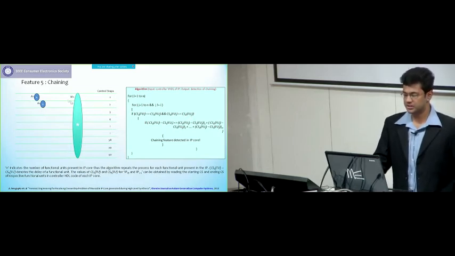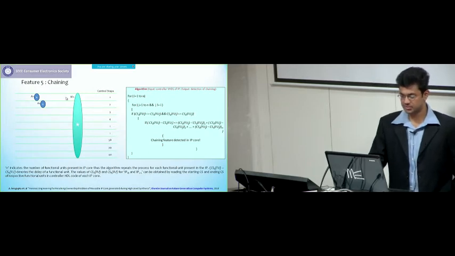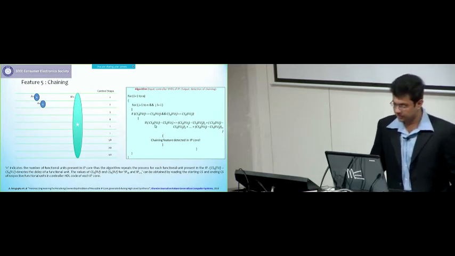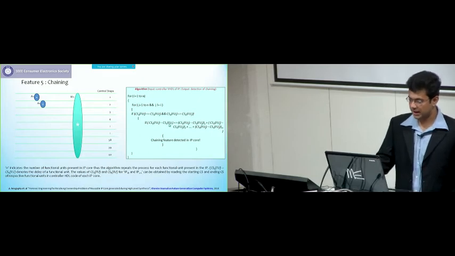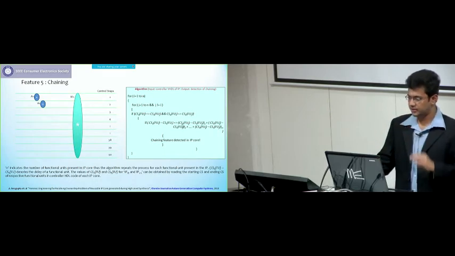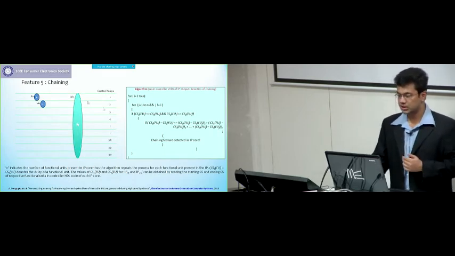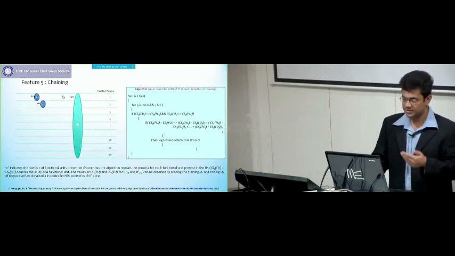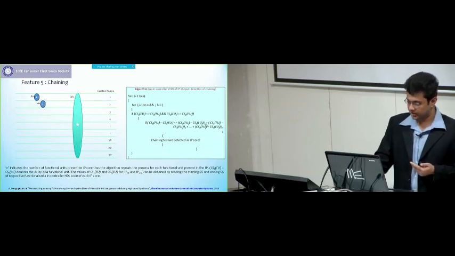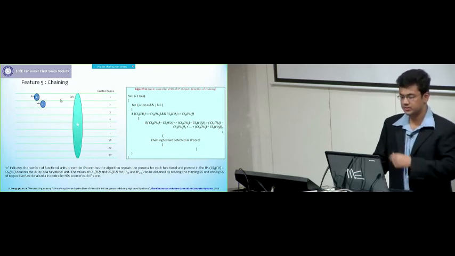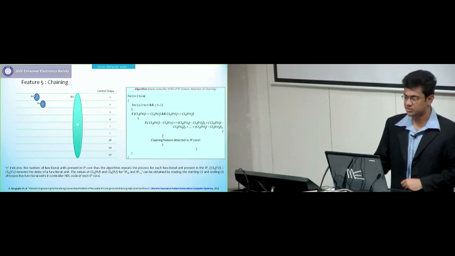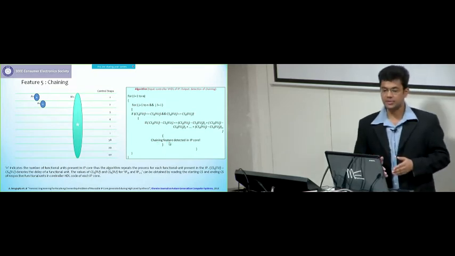So this part of the condition is satisfied with this example, followed by the check: the end control step of FUi minus the start control step of FUi, which is the total duration we are talking about here, which is 40, should be greater than or equal to the individual time durations of the operations, which is the end control step of FUj minus the start control step of FUj first, followed by the end control step of FUj next, minus the start control step of FUj second. So these two are coming up here. If this entire duration is larger than these two, then the chaining feature is detected in the IP core HDL.